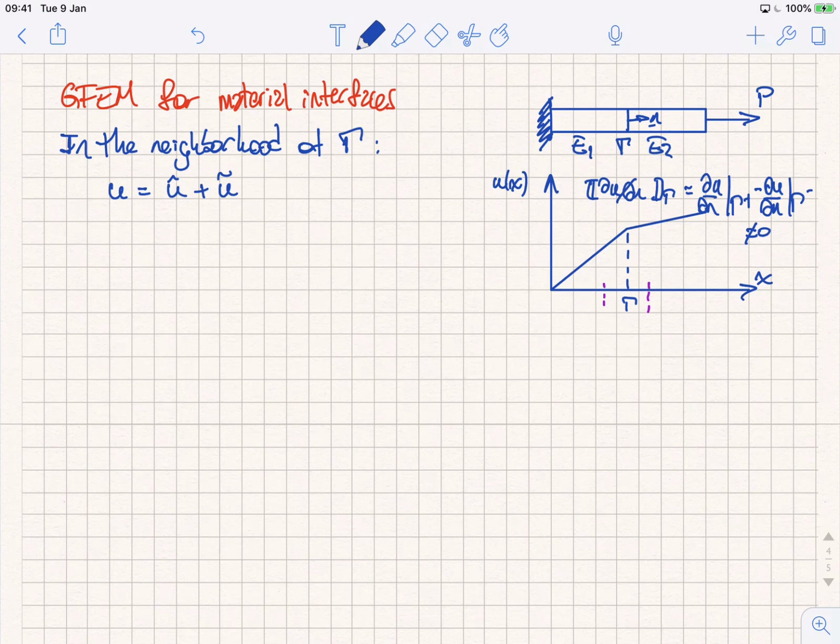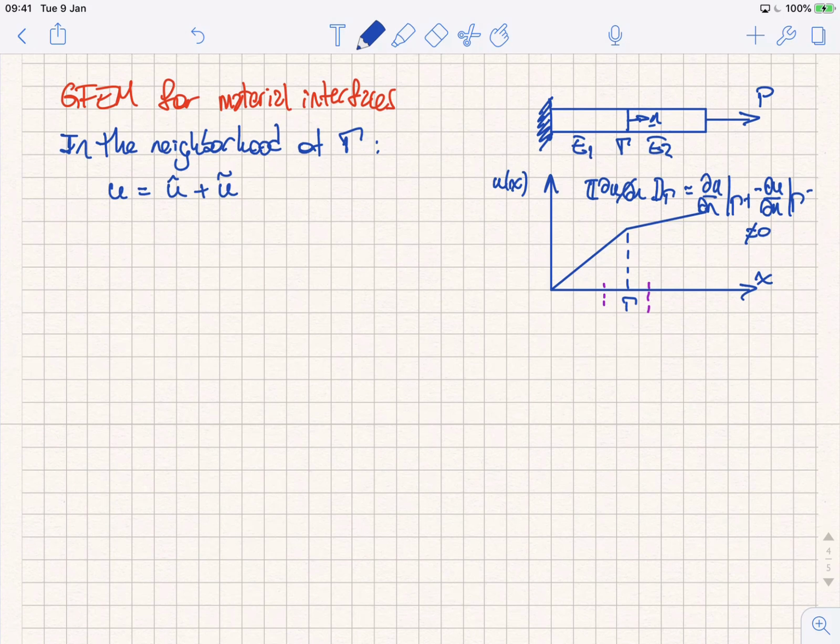Because then, if you think about the GFEM as a framework to paste together different types of approximations, then you can think of, well, I can use GFEM to describe the smooth part of the solution with some type of enrichment functions, and then the non-smooth part of the solution with a different type of enrichment functions. Right? So in this way, it gives you a lot of flexibility, because you can say, well, for the smooth part, then we can use something that we know is smooth. For example,